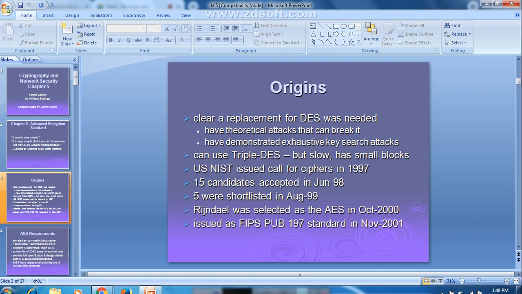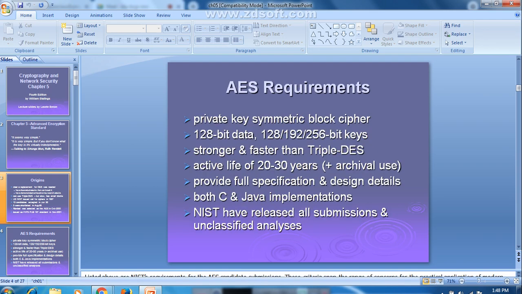After that, a total of 15 candidates came up with their new ideas for the AES algorithm. Among those, 5 were shortlisted. Of those, the Rijndael algorithm was taken, and nowadays that particular algorithm is used as the AES cipher algorithm.